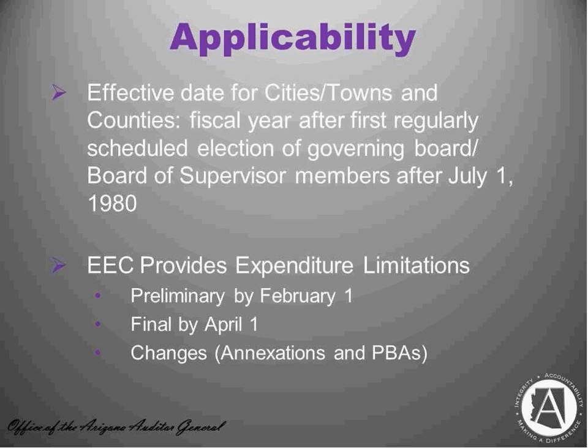The EEC must provide each political subdivision subject to the UERS with an estimated expenditure limitation by February 1st, and a final expenditure limitation by April 1st of each year. The EEC will also issue revised final expenditure limitations for municipalities with annexations around June. If an entity approved a permanent base adjustment at the March or May elections, the final limitation amount will be revised to reflect the new base amount. Legislation may also impact expenditure limitations. However, this type of adjustment is very limited. The expenditure limitations issued by the EEC apply to the political subdivision for the following fiscal year.